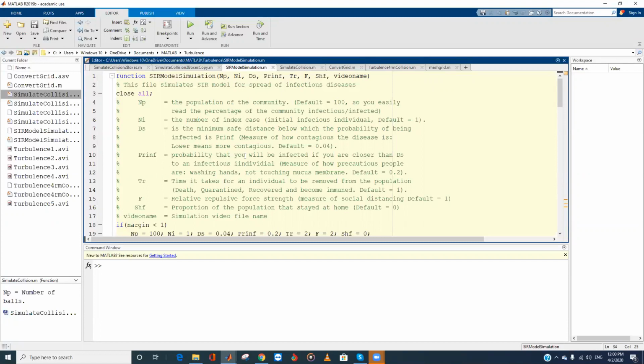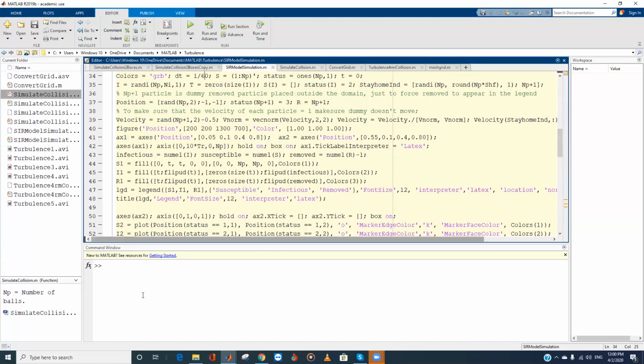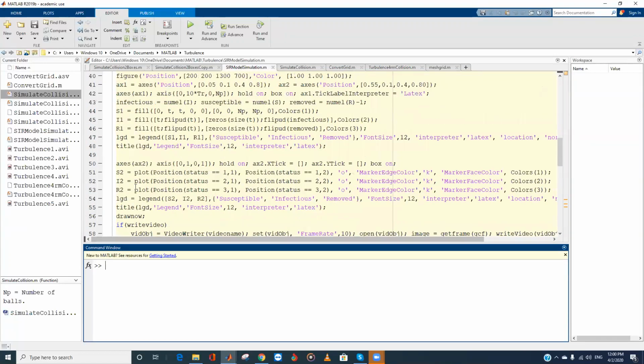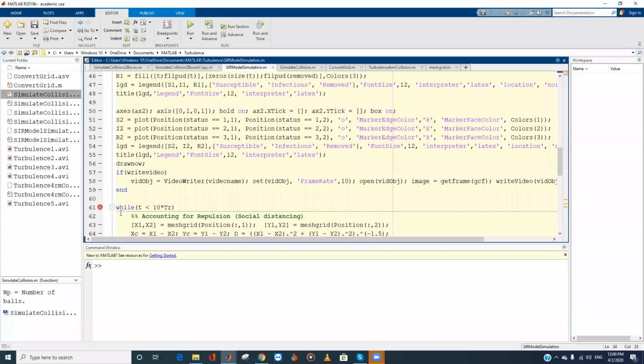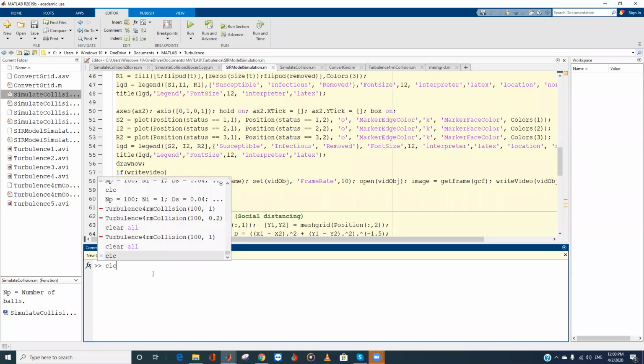The general idea is I have a confinement and I have particles in that confinement. Those particles represent human beings. Usually at the beginning one of them will be infected, so I give it the color red. I can just run a simple case and stop it before the time evolution, so that I can explain what I'm saying.